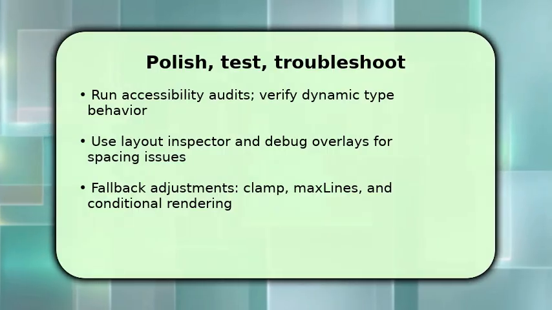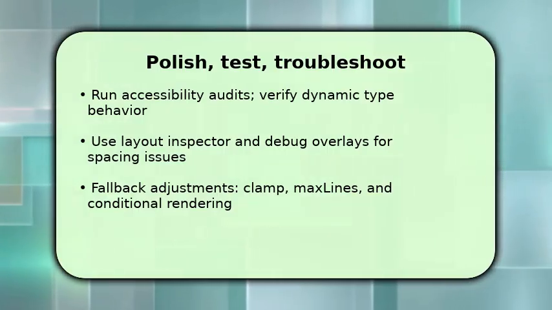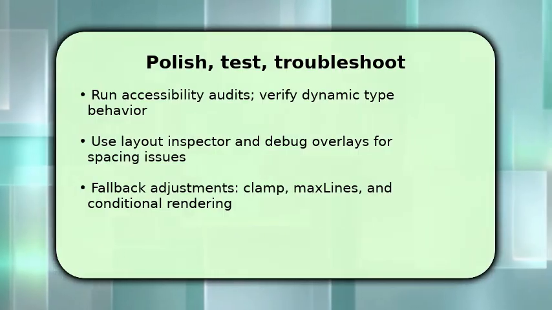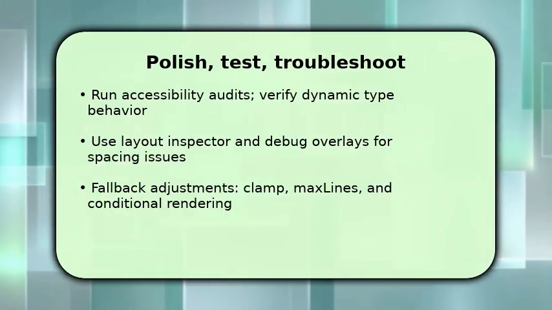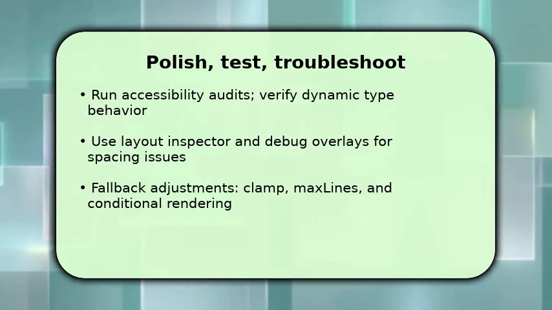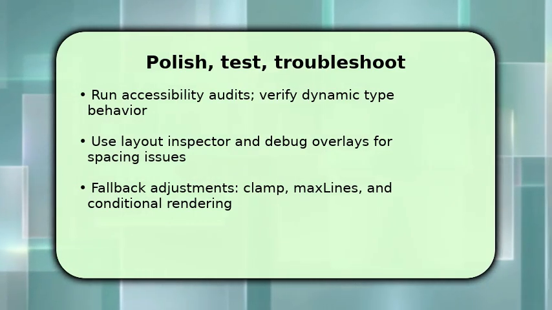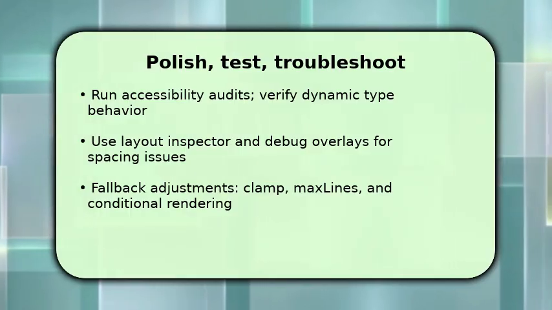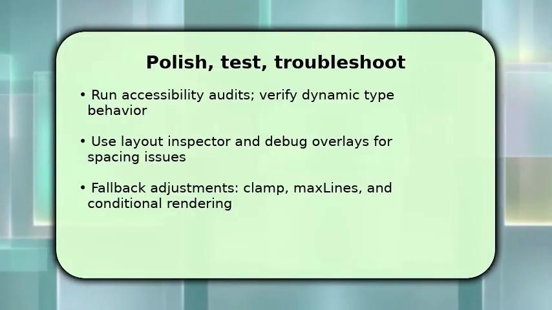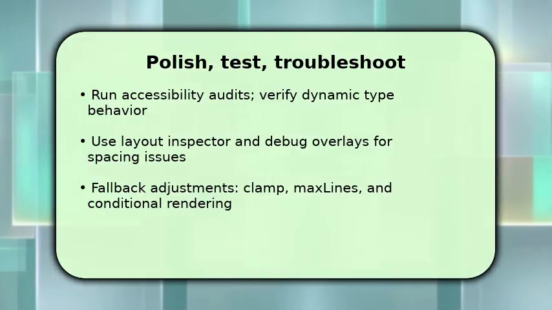Implement clamping for sizes and max lines for text to prevent overflow. Conditionally render denser or simplified layouts for very small screens. Once done, add animations that respect reduced motion settings. If things go wrong, first inspect with the Layout Inspector and console measured widths. Often a single fixed value or an absolute position child breaks flow. So identify and